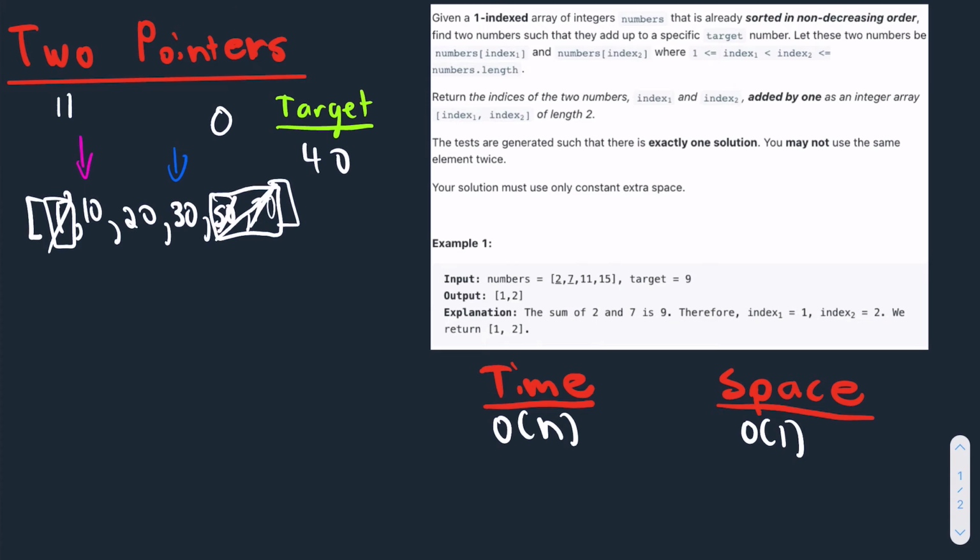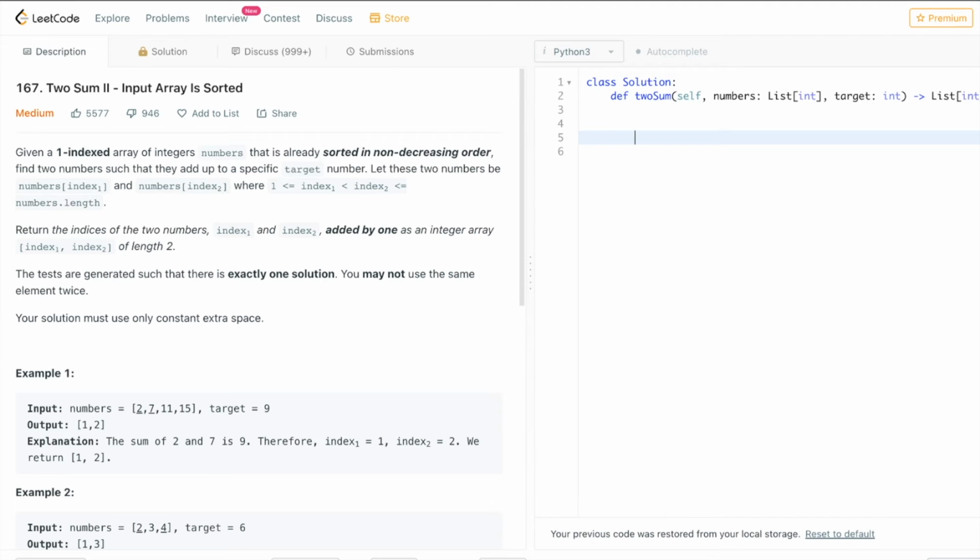Well, let's consider 10 plus 30. Well, that works right away. So the idea here is that we can just reduce the array, so to the right of the right pointer and to the left of the left pointer, those values cannot be present in a target. Since we do this in essentially one pass, the time is O of n, and since we're only keeping track of 2 pointers, the space is O of 1. Okay, now for the code